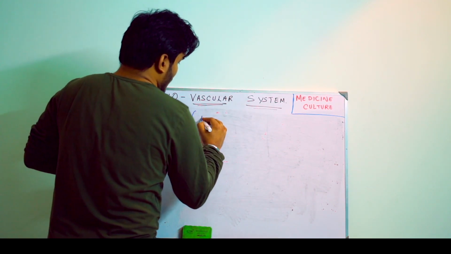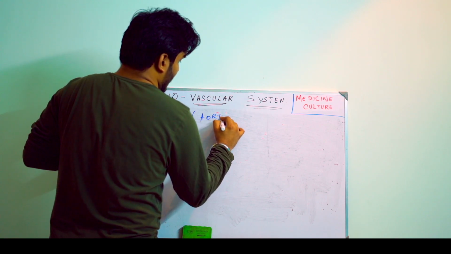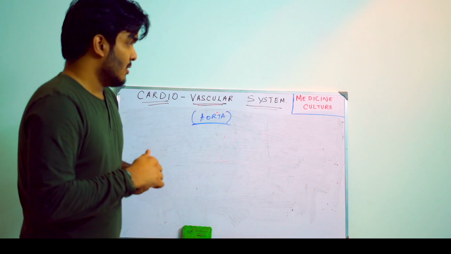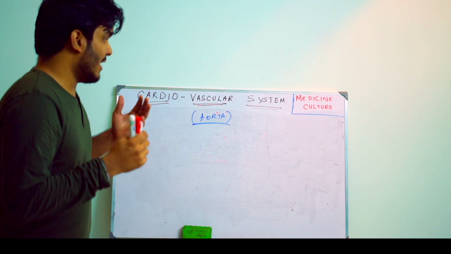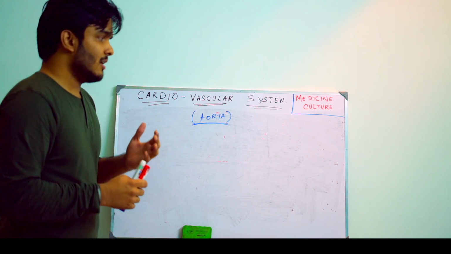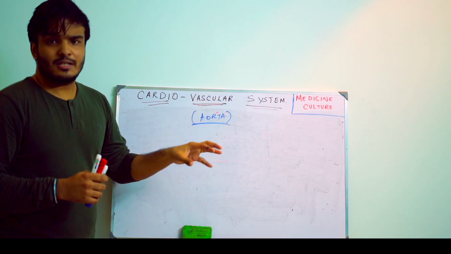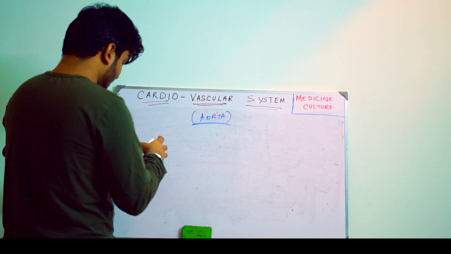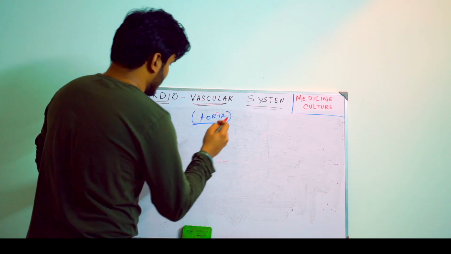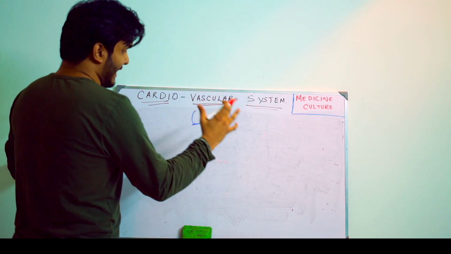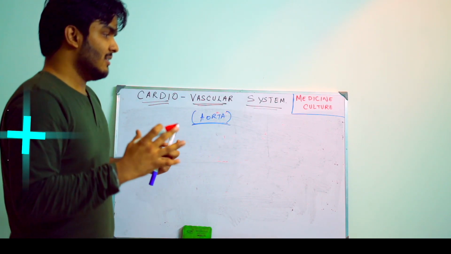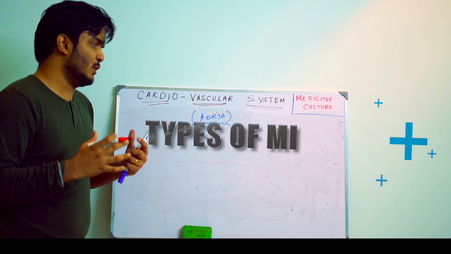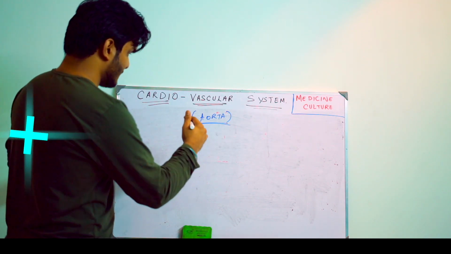So right now we are going to see certain clinical facts. Why I stressed that you remember these things is so that you can implement this information when you study MI. I will draw a diagram so you can remember the various types of MI. This will help you in your exams, and in your FMG also.